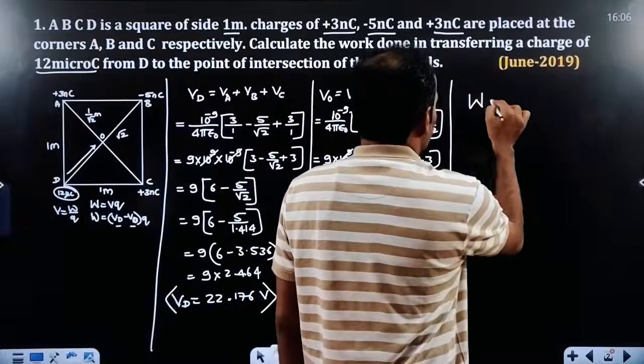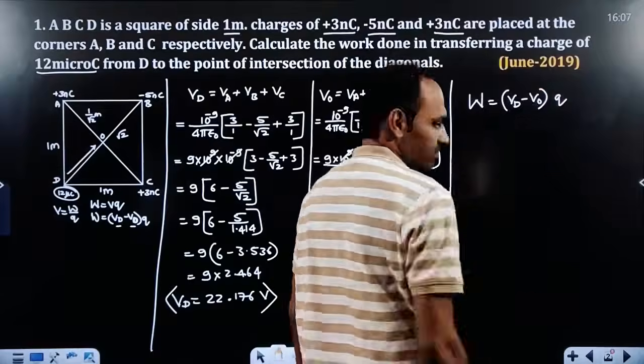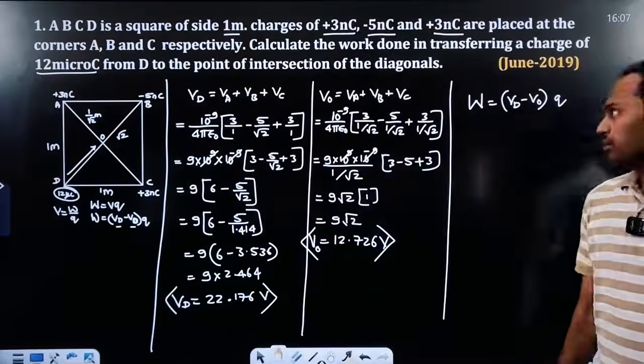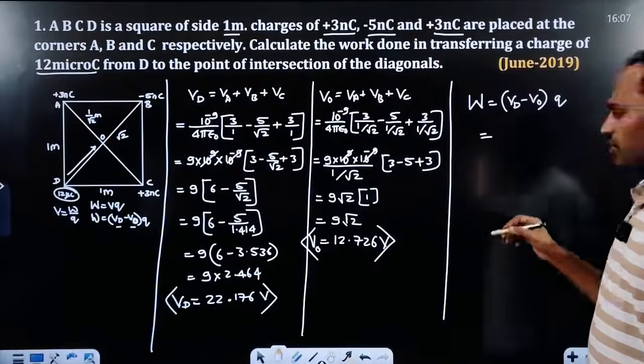Now we'll calculate the work done. We know that work done will be the potential difference between the 2 points into the charge, right? Potential difference between the 2 points into the charge. So potential at point D, how much is the potential at point D? It is